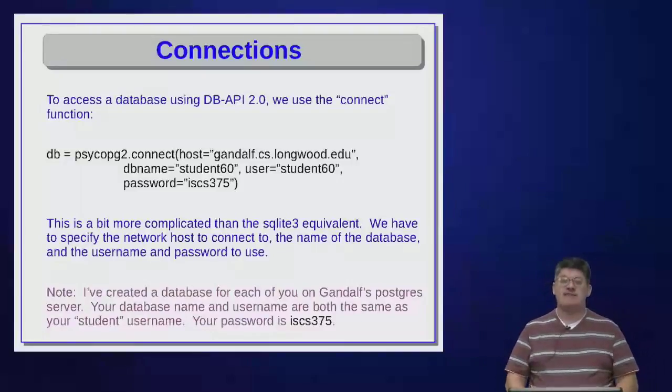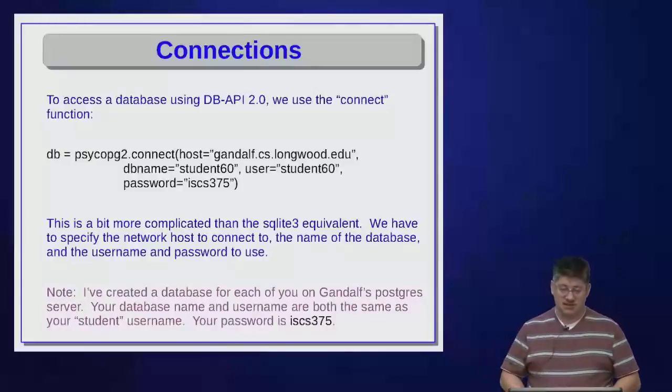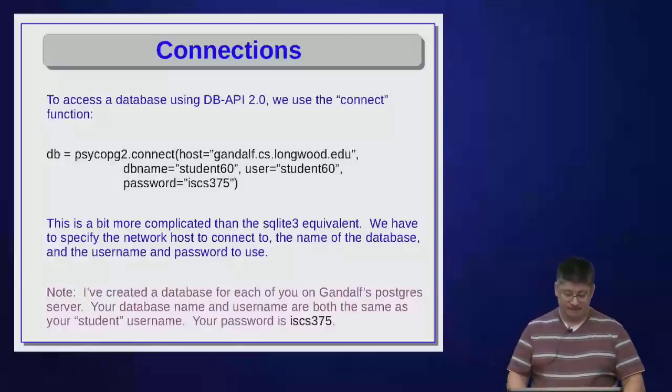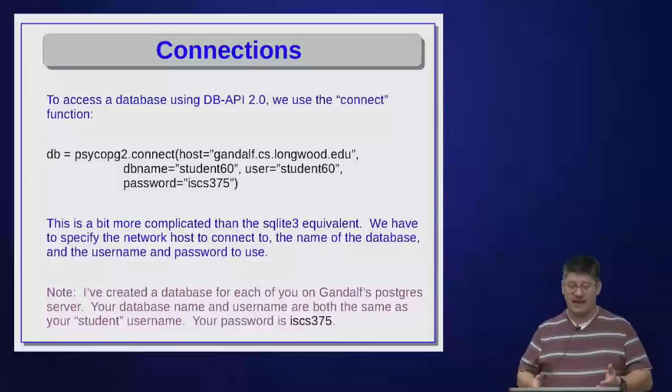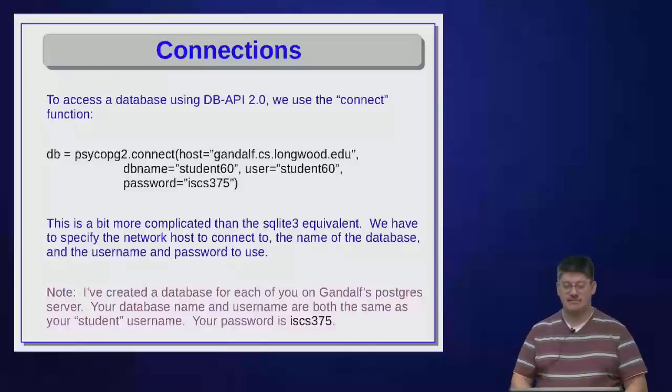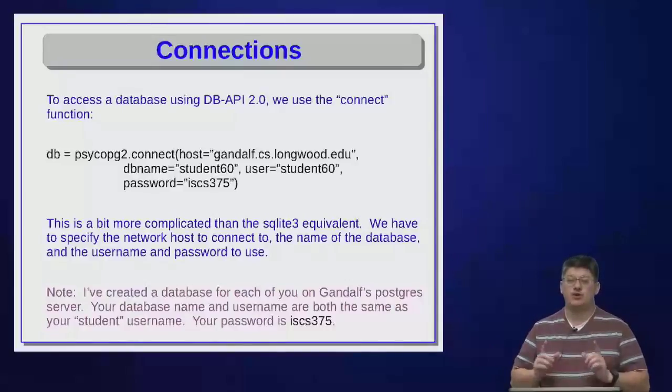And so, for example, I've named this database student60. We also have to tell it what user to try to connect to the database as. So we have to specify the username, which in this example is also student60. And then we need some sort of credential that will allow us to connect. And so I've chosen to use the password ISCS375. Like I said before, I've created a database for each of you to use on Lab 7. And it's on Gandalf. And what I've done is I've created a database with your username. So the name of your database will be student5 or student20. Your username will also be student5 or student20, and your password will be just what it is here,